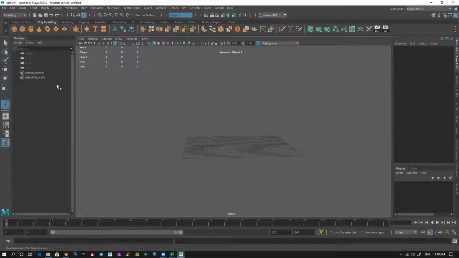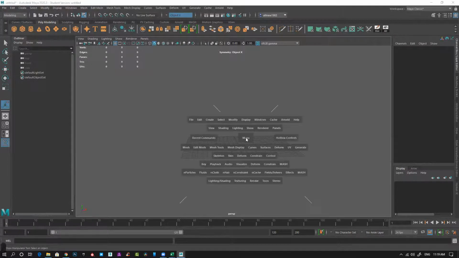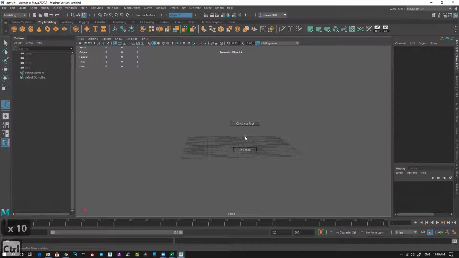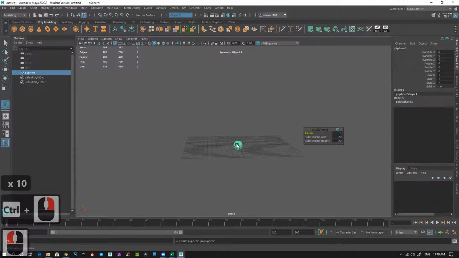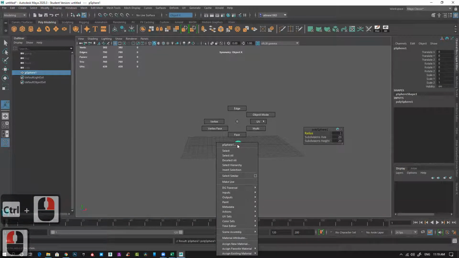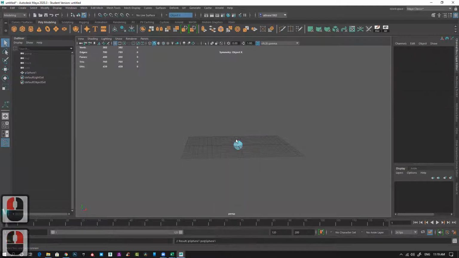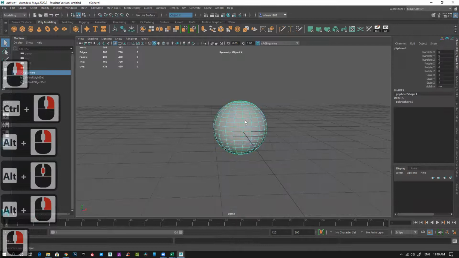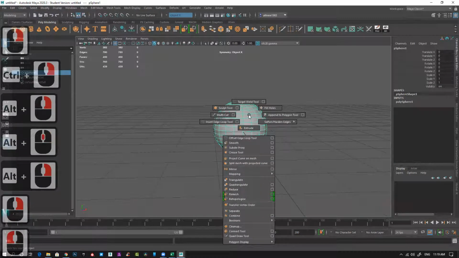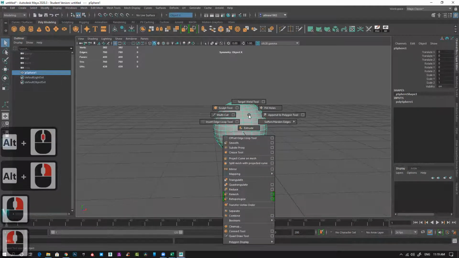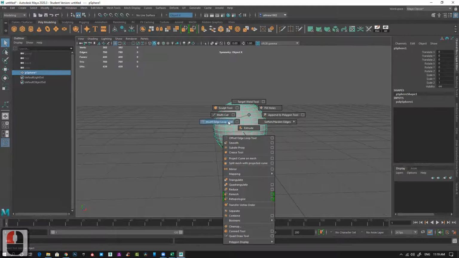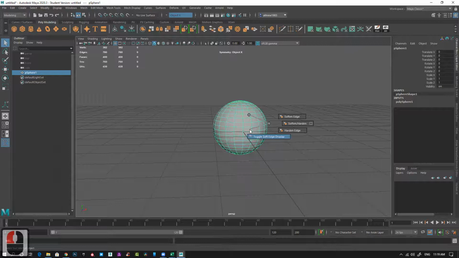So all those tools, everything is in the space bar, or you can have control right click or just right click. Just right click, you have all the modes. Control right click, object mode. Shift right click, you have insert loop, sub tool, target, fill hole, append, soften.